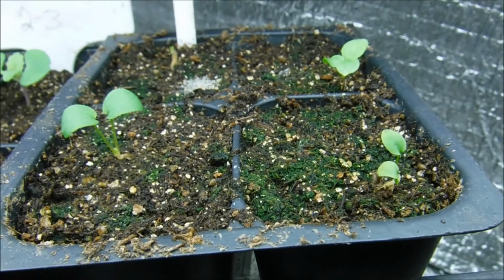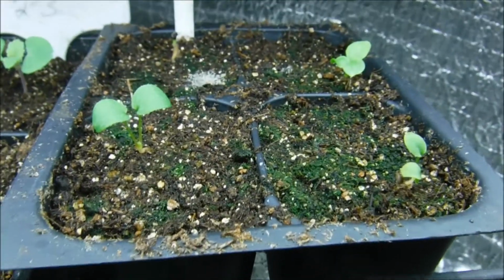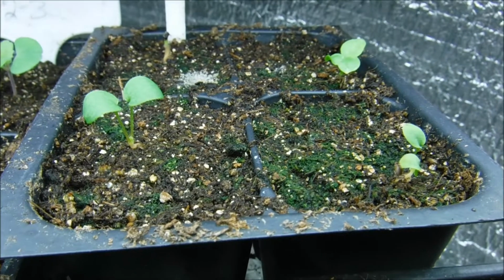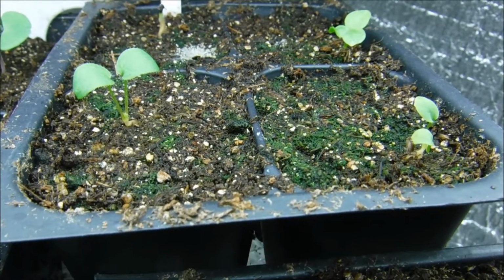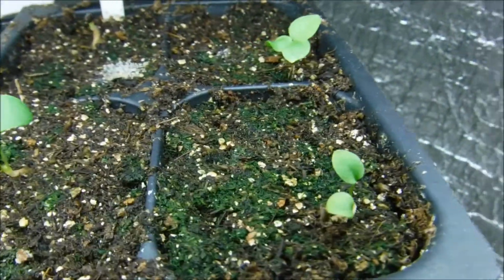Today is February the 14th, and we have our little delphinium seedlings here. And they did germinate and sprout for us. Now, I did pre-chill these seeds. I had these seeds in the refrigerator from the time I got them, and I stored them in a Ziploc bag. And these seeds are, I believe, from 2016. So, it did definitely help on the germination rate of them,